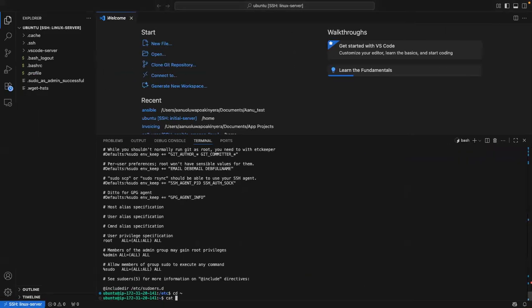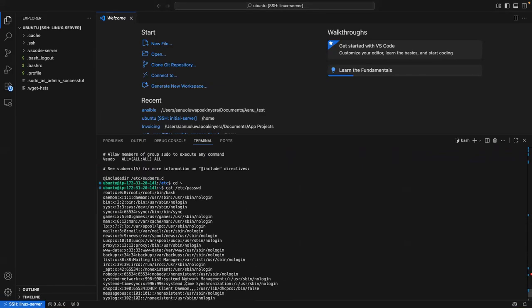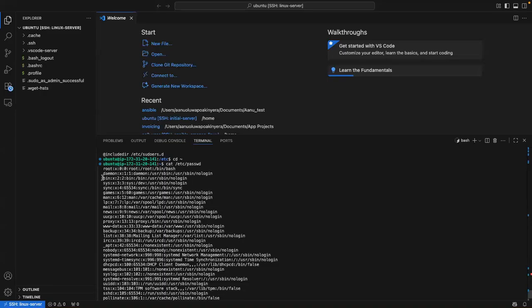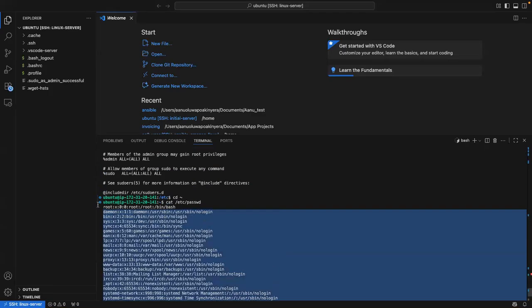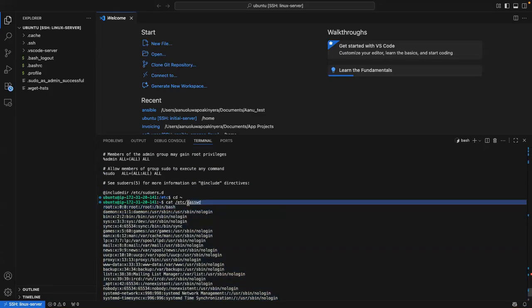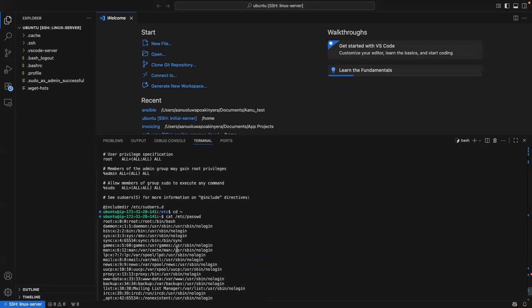cat /etc/passwd. Like I said, you are going to see a lot of users, because a lot of things run on this computer that you don't know about. But the main users you need are here: root and Ubuntu. The simple interpretation of all of this is to look at the kind of shell they are using to communicate.